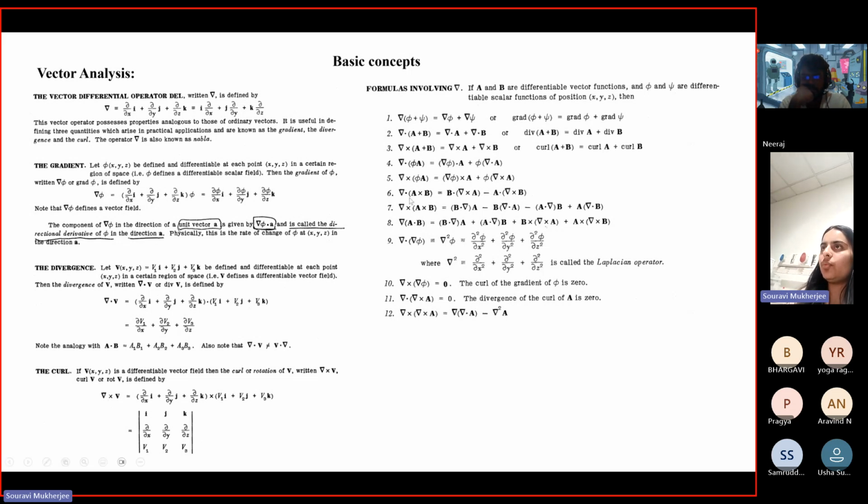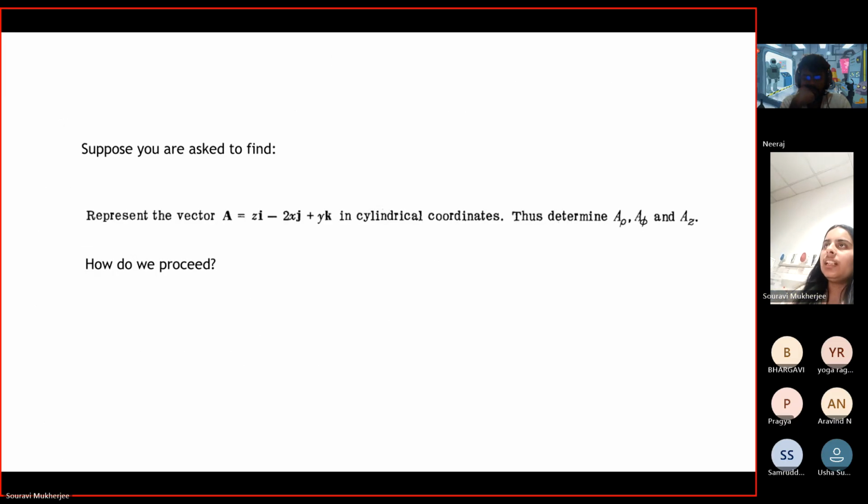So suppose like this one, or like the last one, as you work out, you'll see that you have to remember some of them, or you can also try to derive them, but you have to remember them because they'll be very much useful. Now, let us talk about coordinate systems for a while.